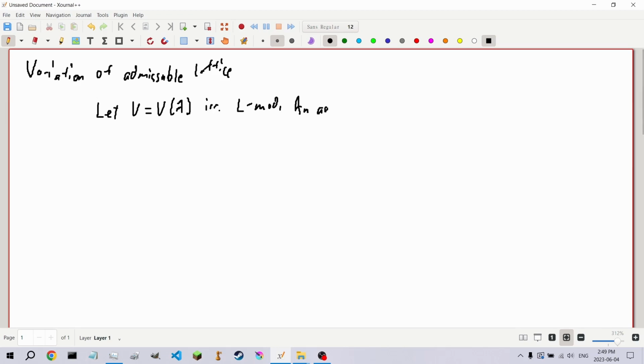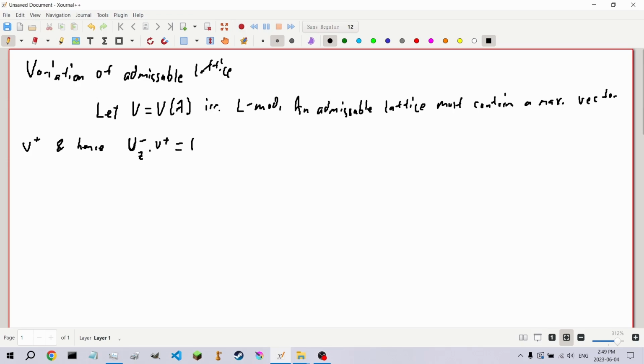We know an admissible lattice must contain a maximal vector V plus, and hence must include the admissible lattice UZ minus acting on V plus, which is equivalent to UZ acting on V plus by a previous proof. Since our V plus is uniquely determined by V, up to a scalar multiple,